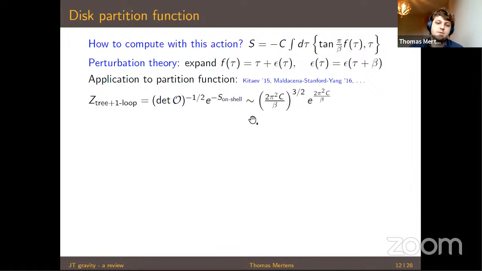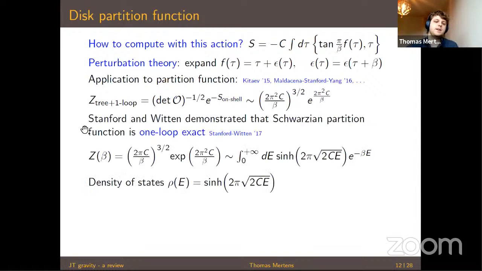And this was applied, for instance, to the partition function, so where I do not have operator insertions in the Schwarzian theory. I haven't yet told you what these operator insertions are, so I will tell you that in the next slide. So this is just the partition function, so we don't have operator insertions. If you do the calculation for that at the tree level and 1 loop, of course you have just this formula. You need to calculate these objects here, and this is the answer you find as a function of beta, where beta is the length of this Euclidean disk, which is the inverse temperature, the boundary length of this